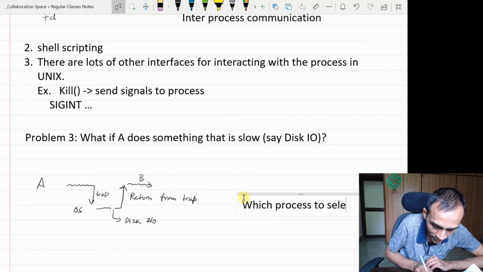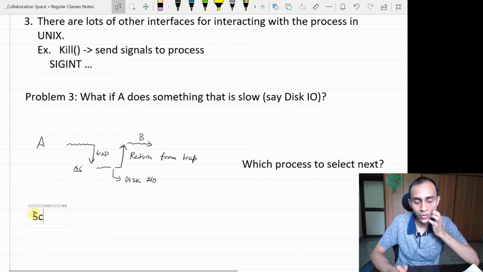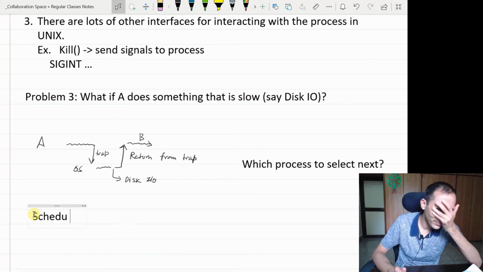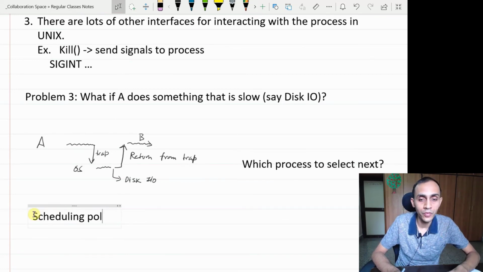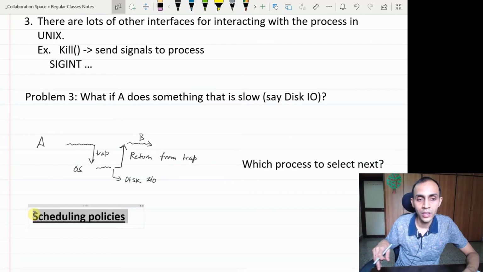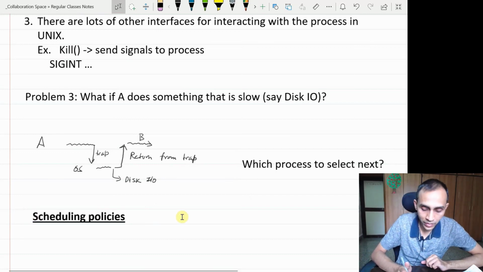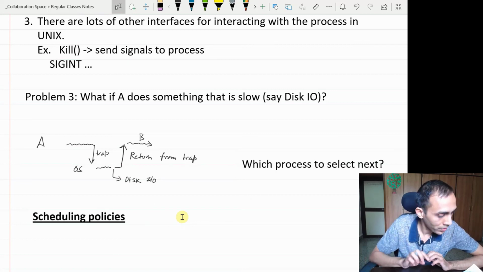We are going to discuss different scheduling policies or algorithms, because our goal is to keep utilization and efficiency maximum. If any of the resources is idle, we would like to do some other activities so that different resources are getting utilized in parallel. So that is going to be our next topic.